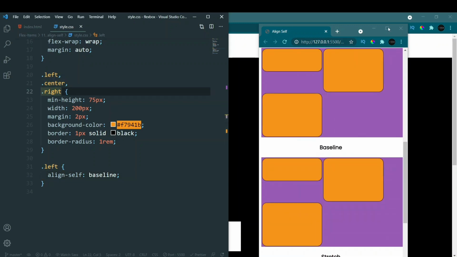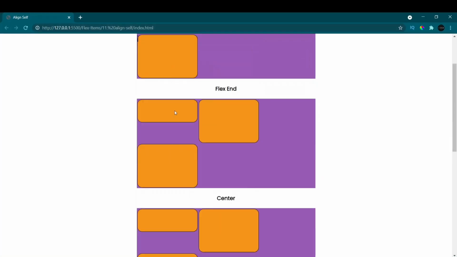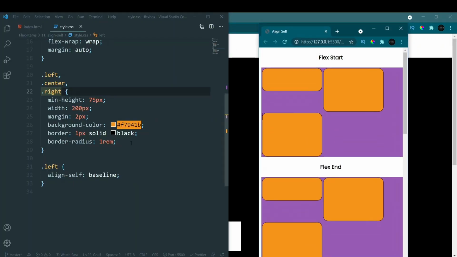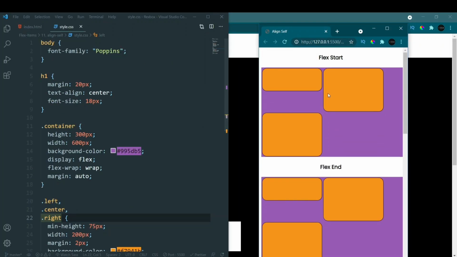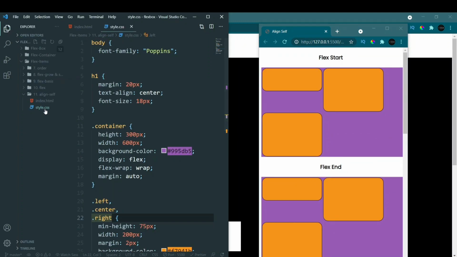So yeah, I made a mistake actually. All of these values, you can see now it changes. I should have written it a better way, but now you guys get a gist of what this property actually does. So you can move around single elements. You can also move around multiple elements using this align self property. So it actually overrides the properties that we have already written for the flex items and flex containers.